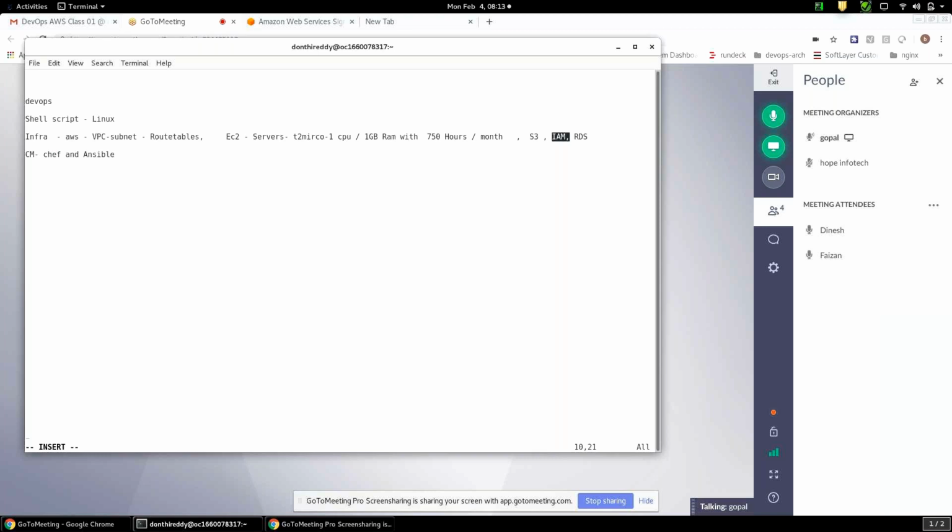Using Chef and Ansible, we're going to see how you automate your integration stuff on AWS, how you write your automation code to automate your application installations, integrations, and configuration of files.